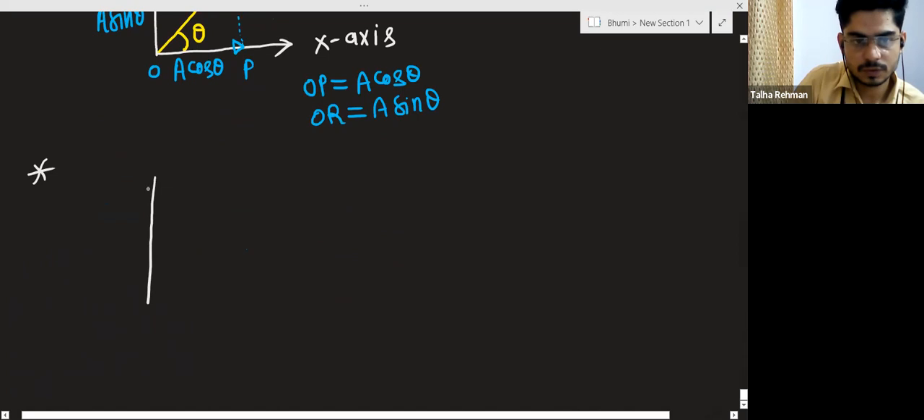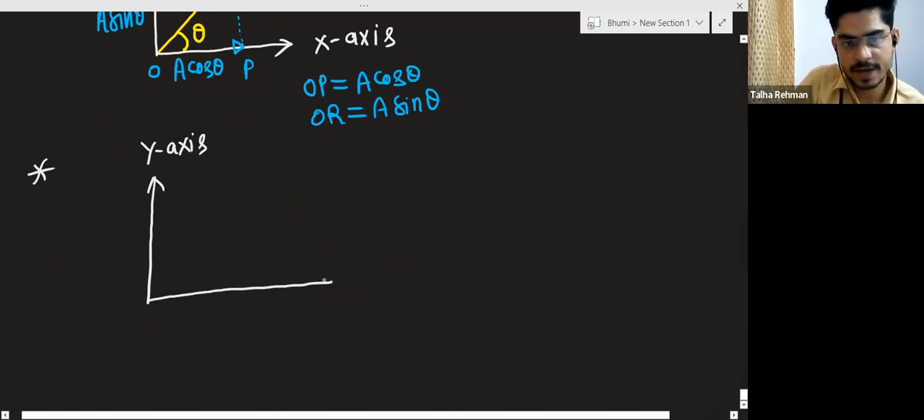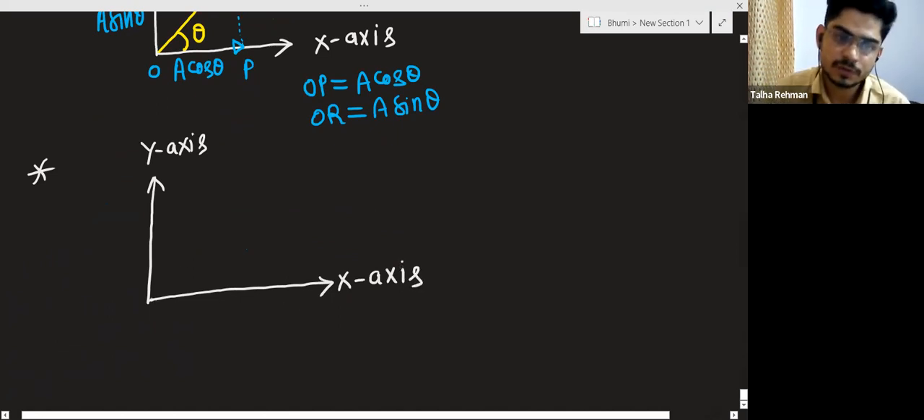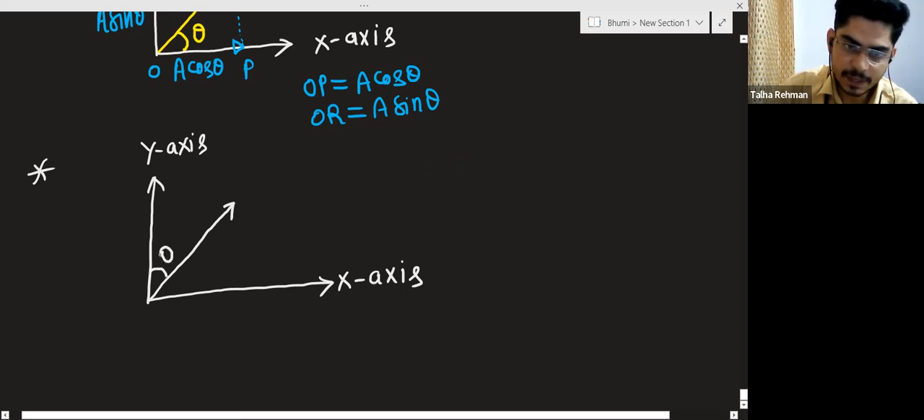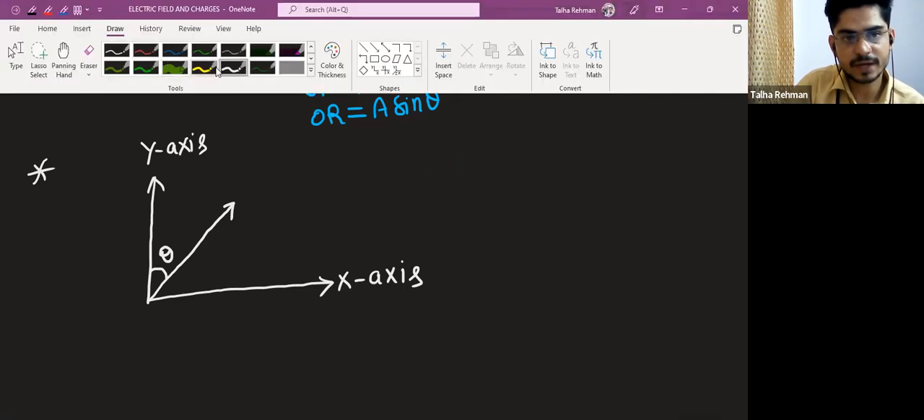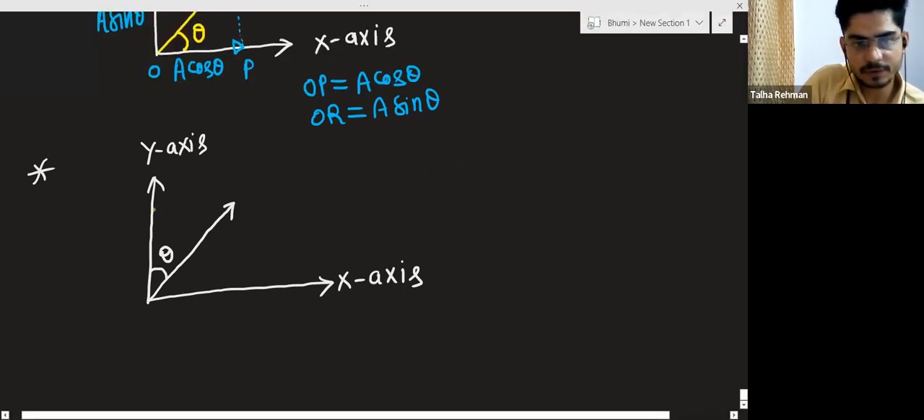So this is y-axis and this is x-axis. And suppose there is a vector like this, and this vector is making an angle theta, now this time with y-axis. And now if I want to resolve this vector along x-axis and y-axis,